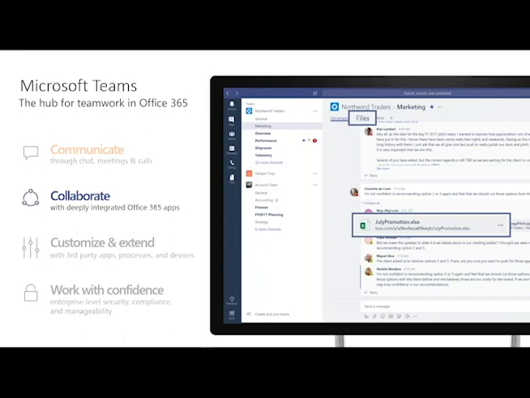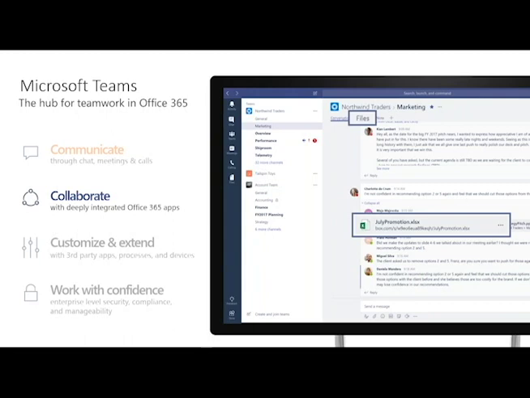Question here, Tony, from Jeff. What happens if you have E3 or E5 with compliance enabled for files within Teams? So what happens with Teams enabled for files and chats within Teams, for retention and for compliance? I'm not sure I understand your question. Can you elaborate a little bit? Let me get back to Jeff and I'll get back to you here in just a moment.